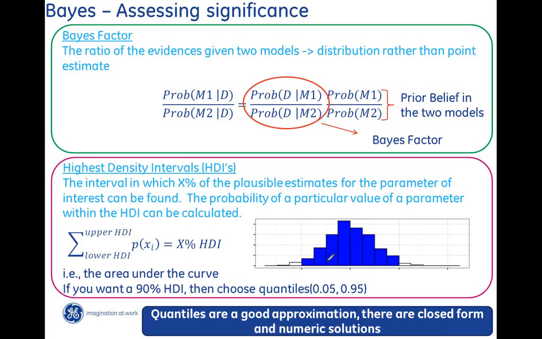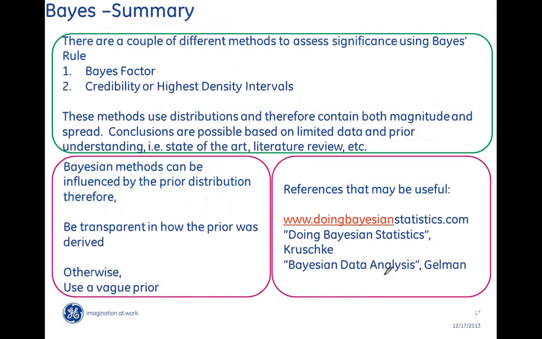So now I can say I have a 70% probability that X is going to lie within my HDI. Or I can say with 60% confidence that A is greater than B. You can now associate a probability to your confidence level. All right. We'll go a little bit faster because I'm just a little bit behind.